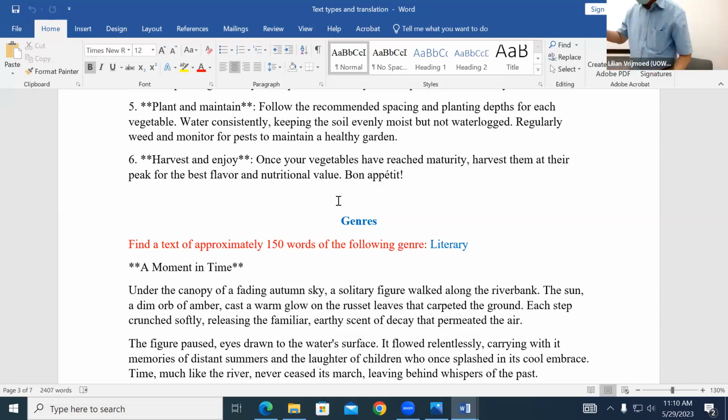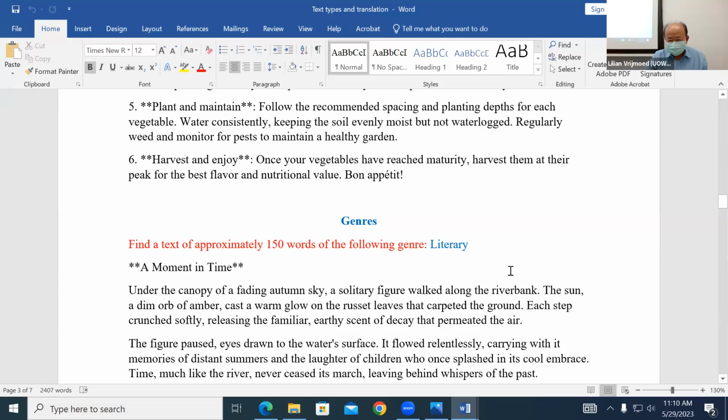And then the texts will also have genres, different text types under different categories. By genre, for example, literature. Again, I asked ChatGPT to give me